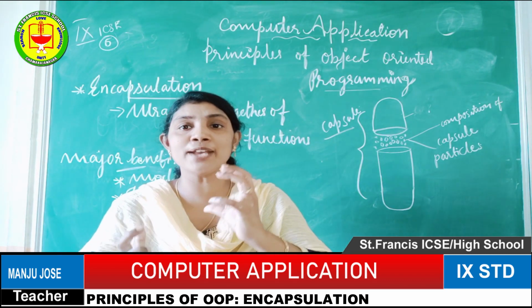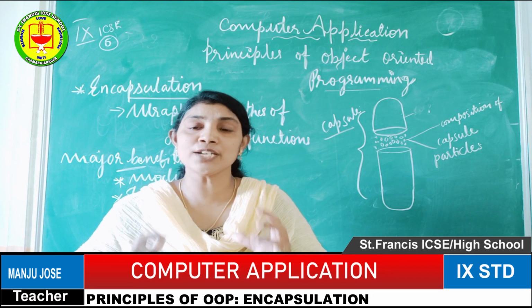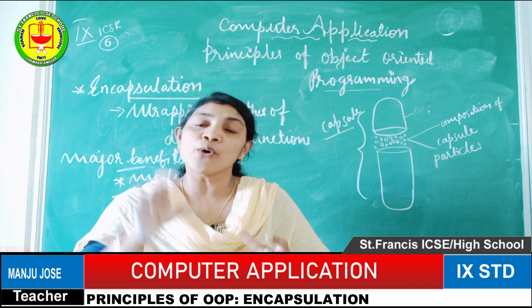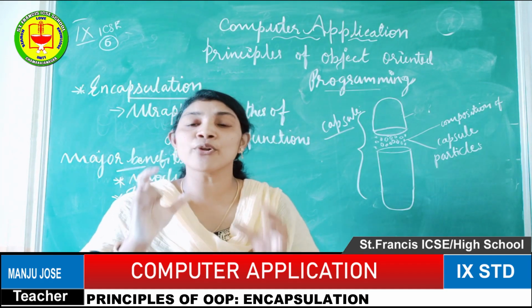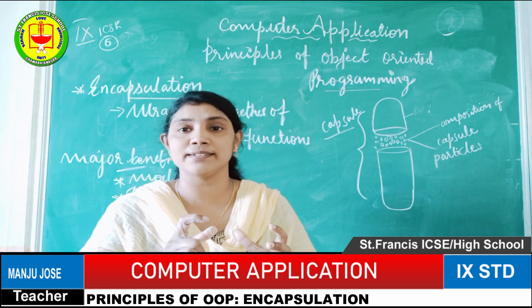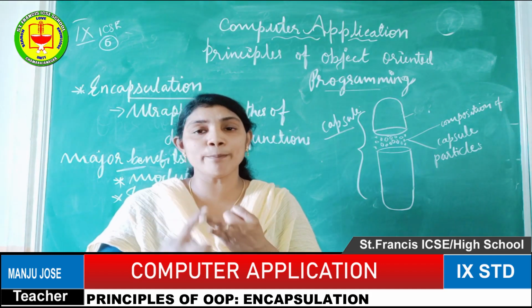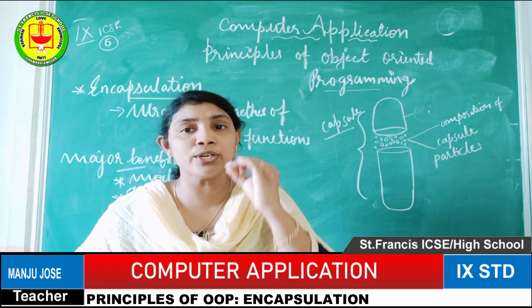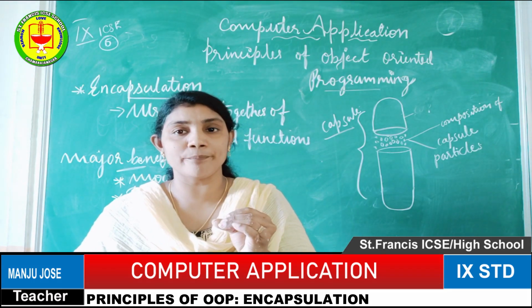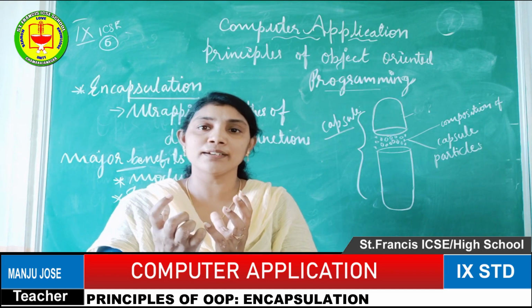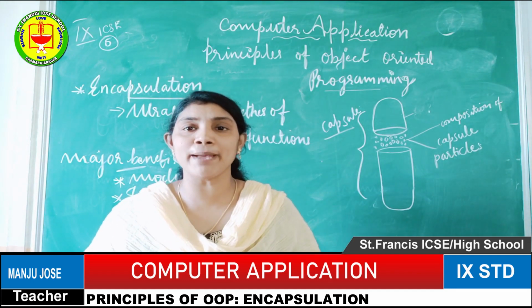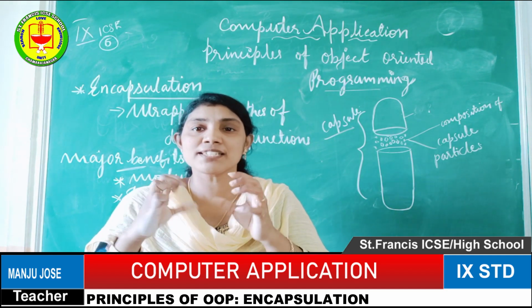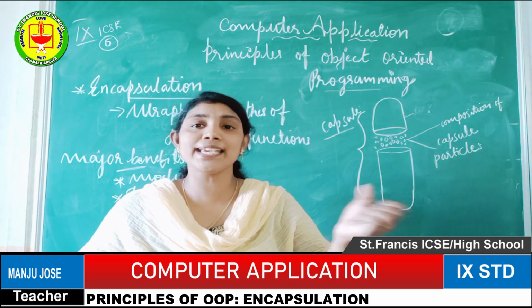Whatever contents we are using in the programming language should be wrapped or bound together. Whenever we need, only the authorized person or authorized user can access it. That means we are providing a username or password or some kind of security codes. With the help of the security codes, we can access the data. Until then, it will be locked, isn't it? So safe lockers will be there in the bank. Why are we using safe lockers? Some assets or precious things we keep inside, and the key is with us only.